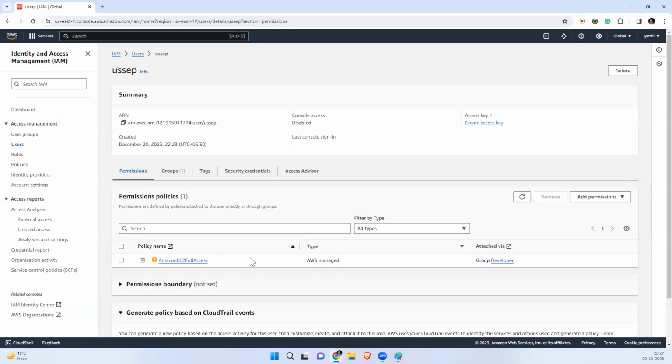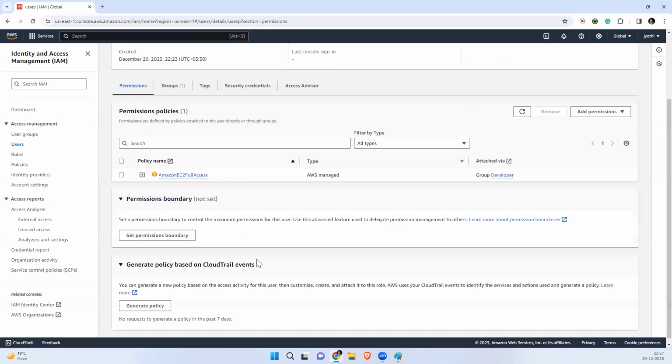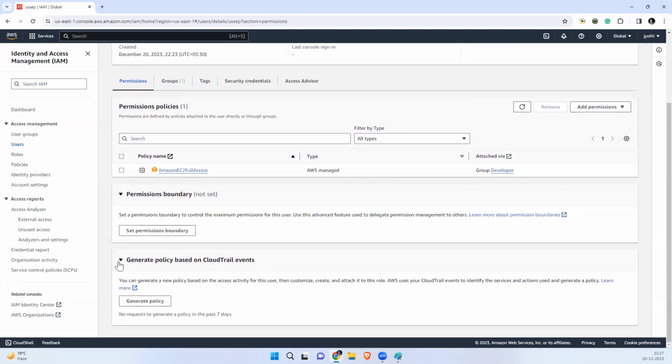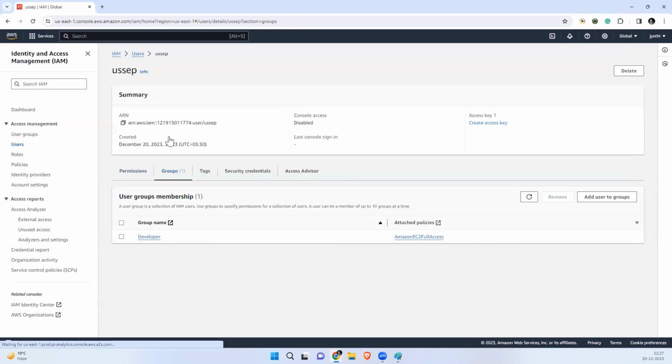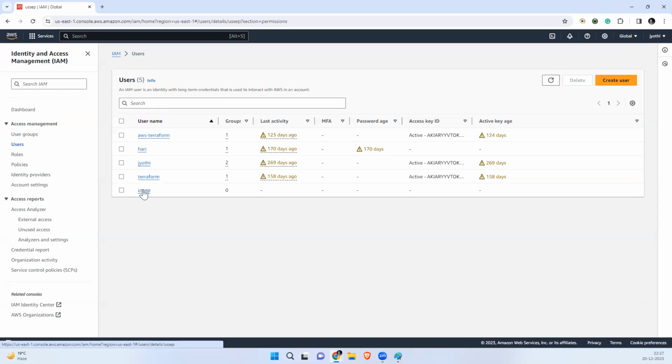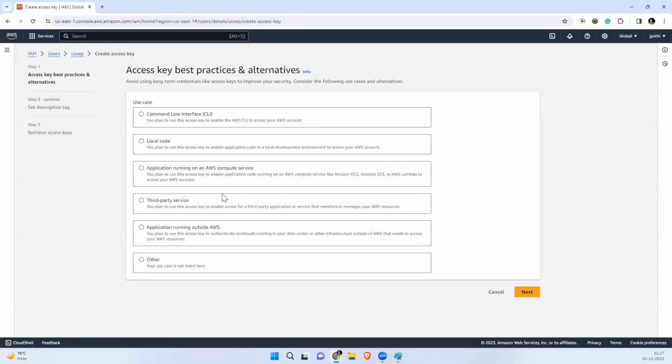If you go to the users, select the US SCP user, you can see permissions, groups, and the option to create an access key or secret key.